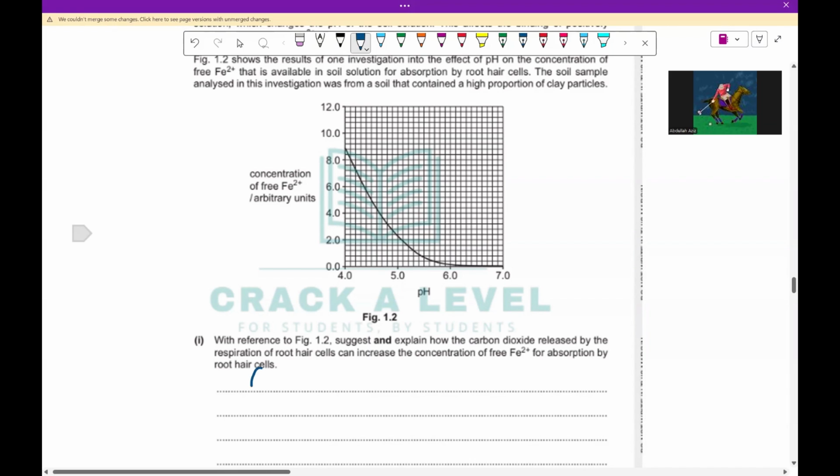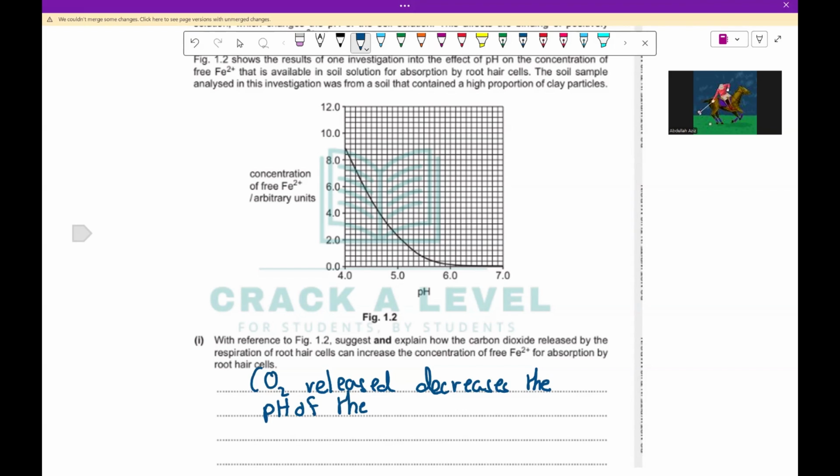So we can say that the CO2 released decreases the pH of the soil by,